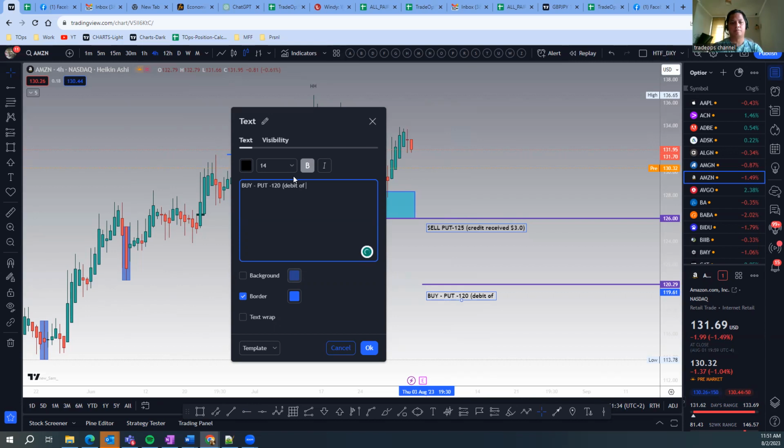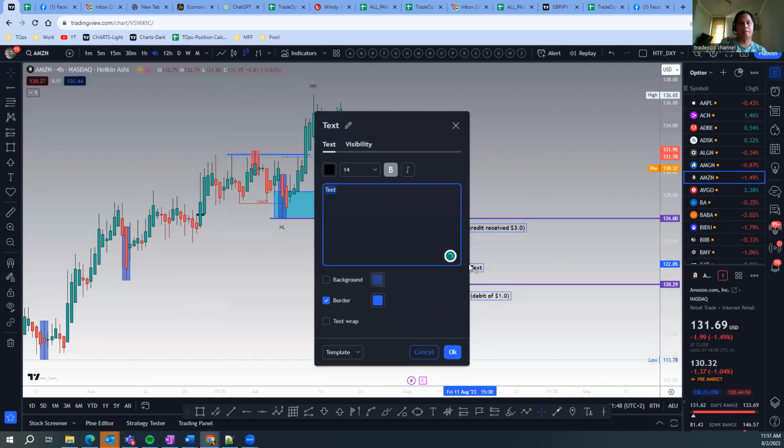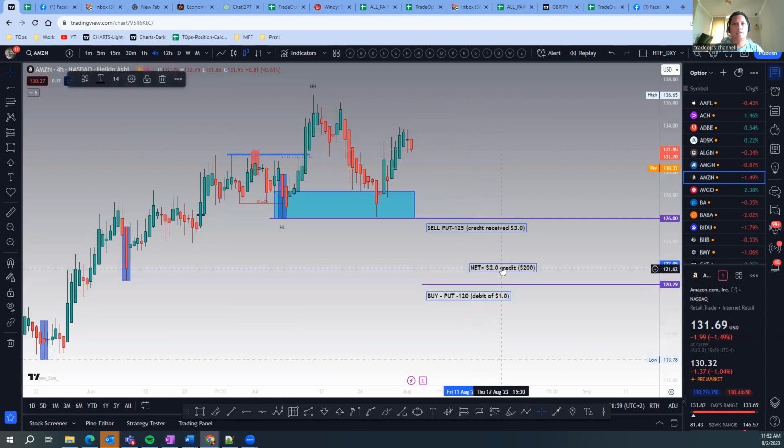Let's say, for example, this costs you $100. So the total credit that you will get is the 300 here minus the 100 here. That will be a total net 2.0 credit, which is equivalent to $200 in money. So this $200